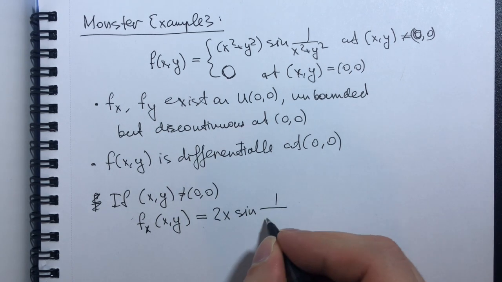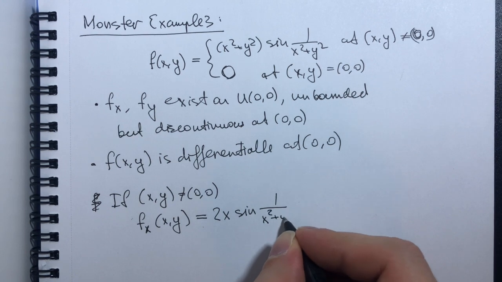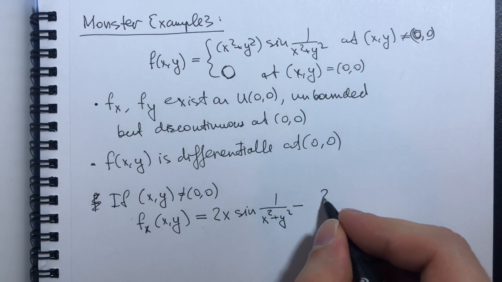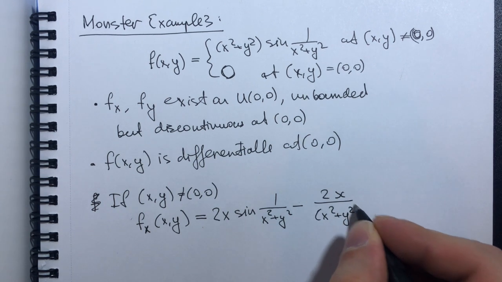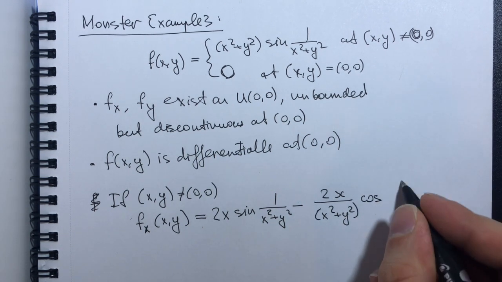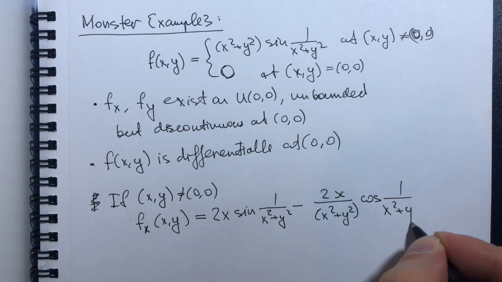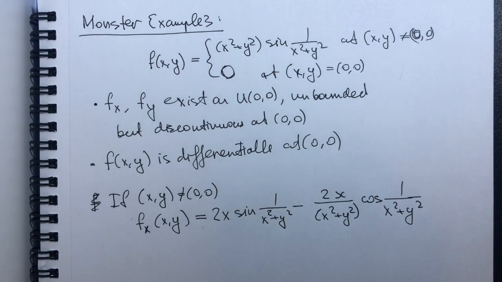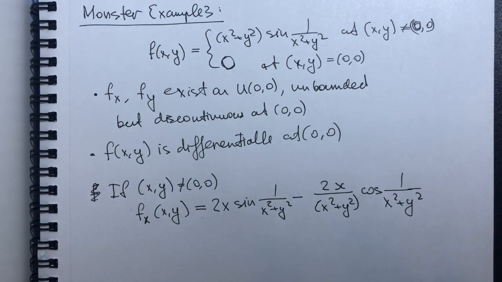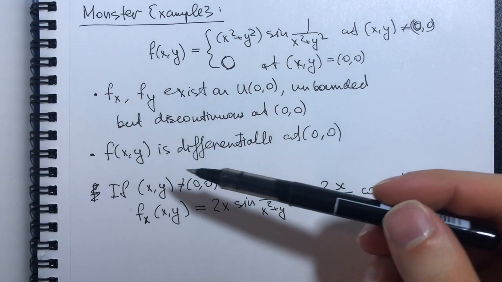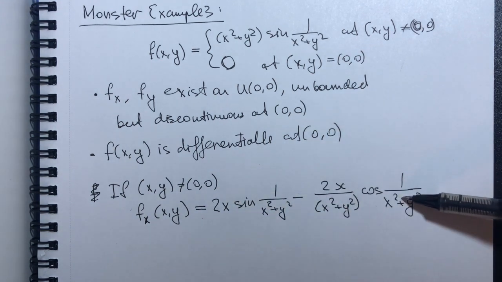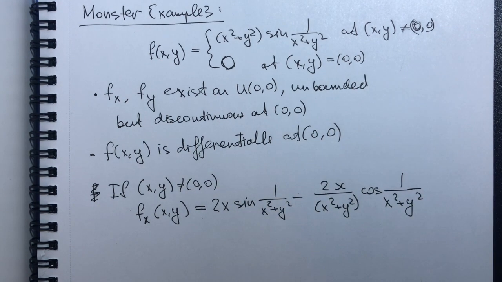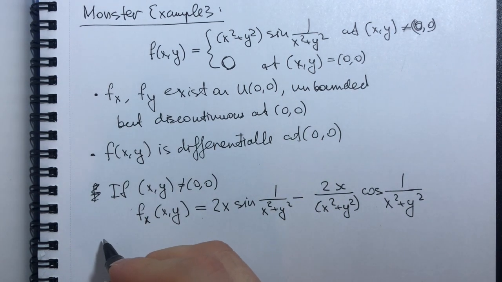I got that it's 2x sine of 1 over x squared plus y squared minus this, and there is a similar expression for the partial derivative with respect to y. So notice how if I do not allow both x and y to be 0, this expression is well defined. So this proves to us that